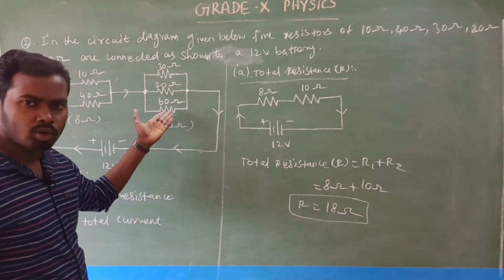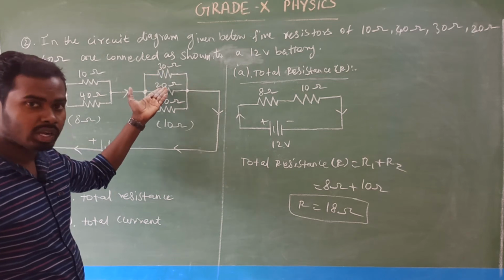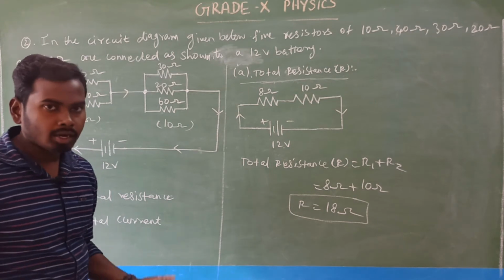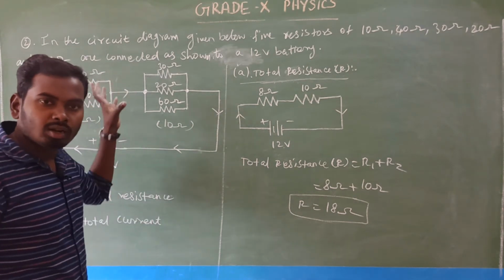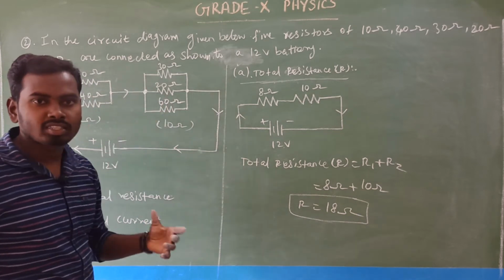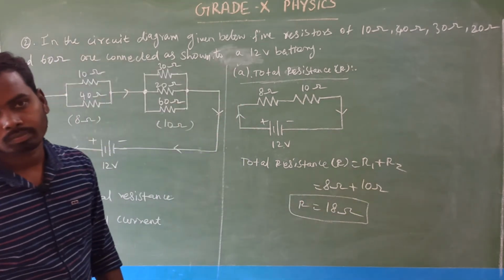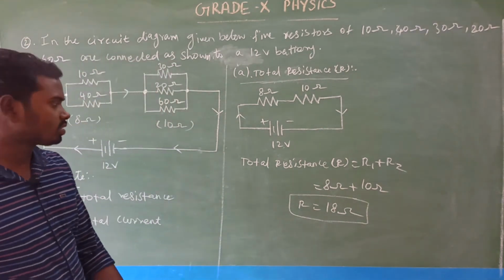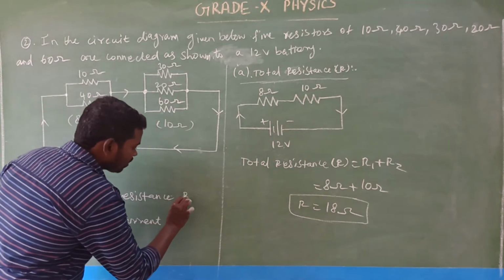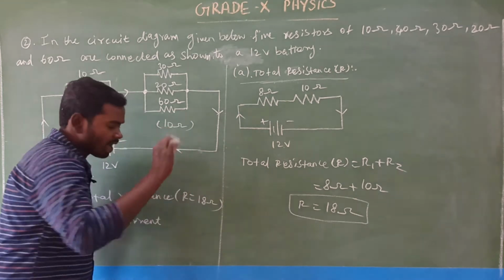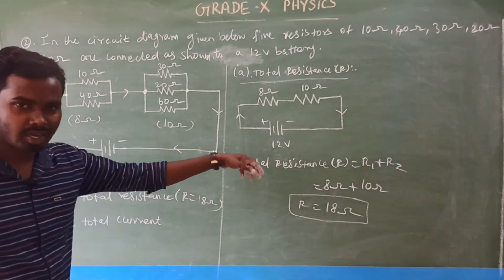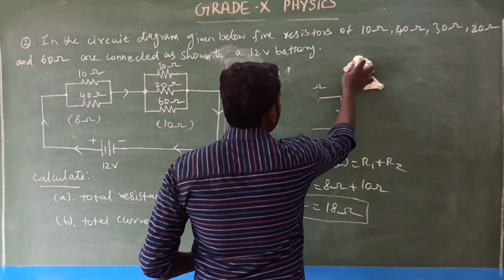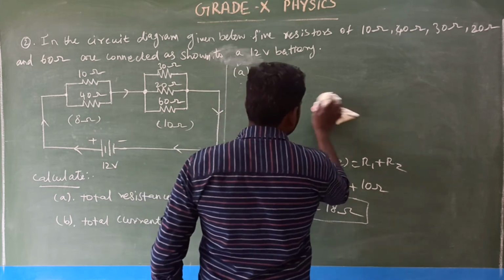But the individual resistance values, look at that: 60 ohm is there, 30 ohm is there, 20 ohm is there, 40 ohm is there. So many different kinds of resistors are there. But the total combination, the total setup equivalent resistance is just 18 ohm. Is that clear? That's all. Okay, students, yes. So what is the total resistance value, sir? Total resistance value R is equal to 18 ohm. Isn't it? Yes. So I'll rub that because I need to make another one. Yes, we have found the total resistance in the circuit.